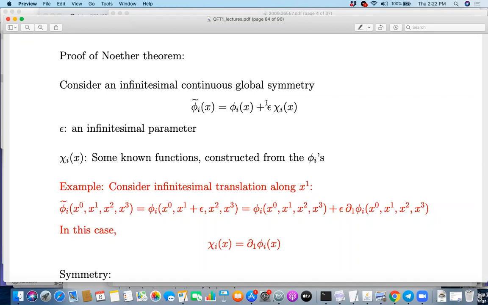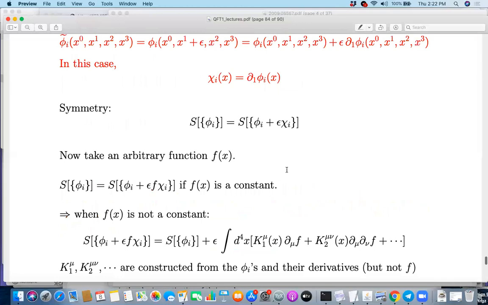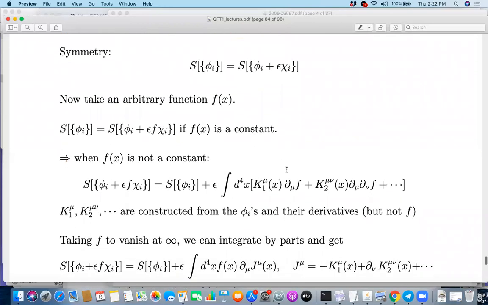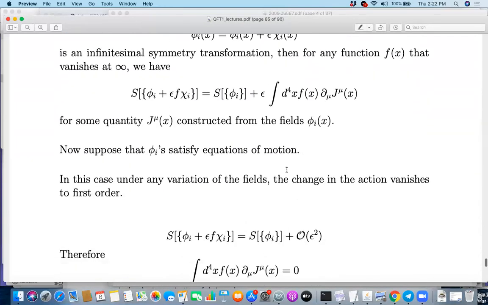So we say that, let's suppose this is a symmetry, and whether this is actually a symmetry or not depends on the particular theory, right? Different theories will have different transformation laws. But assuming that this is a symmetry, then the rest of the procedure holds. Okay. Is this point clear? Yes, sir. Any other question?